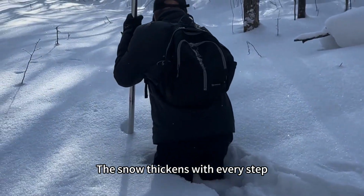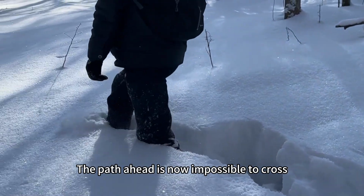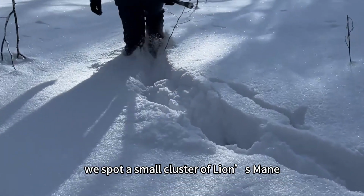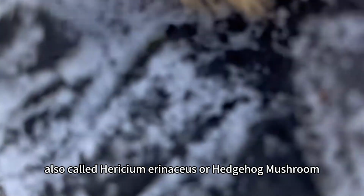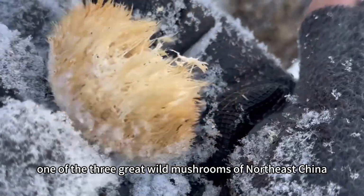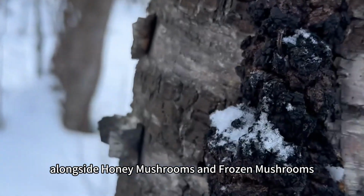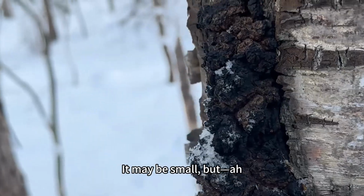The snow thickens with every step. The path ahead is now impossible to cross. So we decide to search nearby for chaga mushrooms. Before finding any chaga, we spot a small cluster of lion's mane. Lion's mane, also called Hericium or hedgehog mushroom, is a wild annual fungus, treasured for its nourishing properties. It's both food and medicine, one of the 3 great wild mushrooms of northeast China, alongside honey mushrooms and frozen mushrooms. It may be small, but